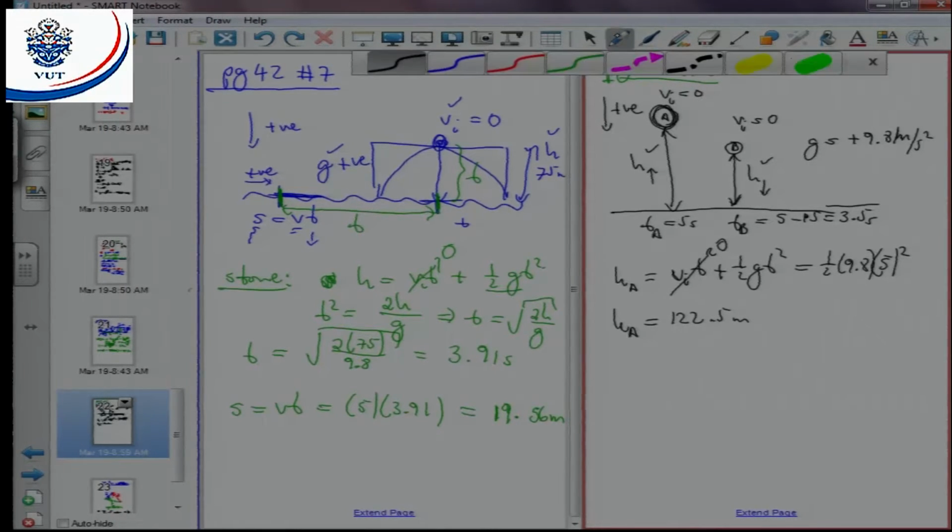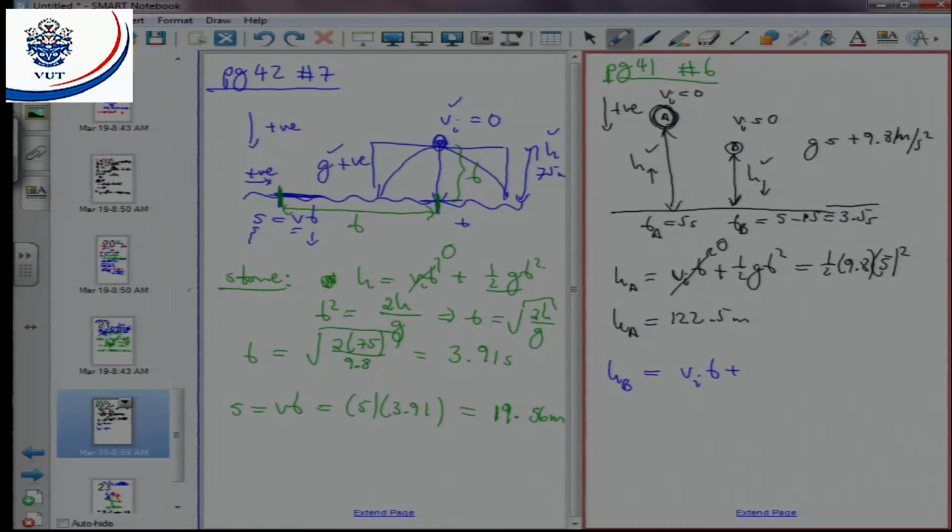Okay, what about B? So for B, HB is the same equation. We also don't have the final speed, so Vit plus 1/2 t squared times g. Here I should have written tA for the A, and here Vi is 0, so we just substitute. We have 1/2. The time for B is 3.5, so 3.5 squared times 9.8. Multiplying these two out, we find HB is equal to, let me just check,